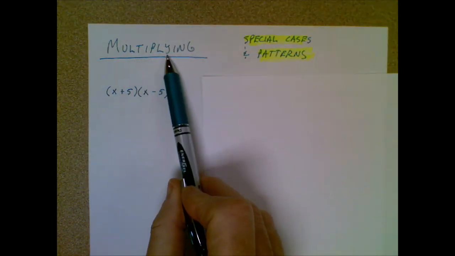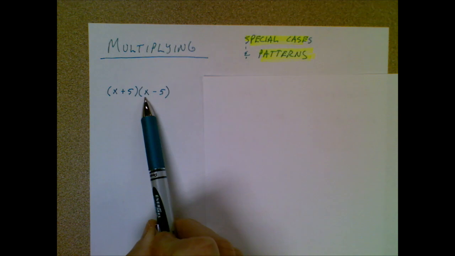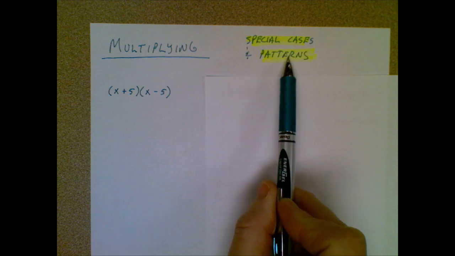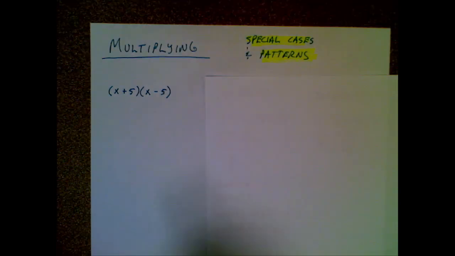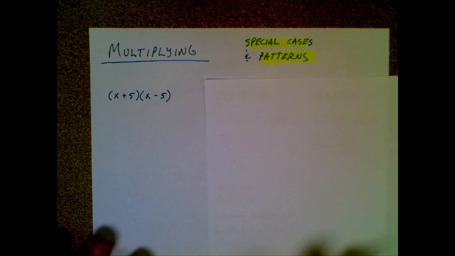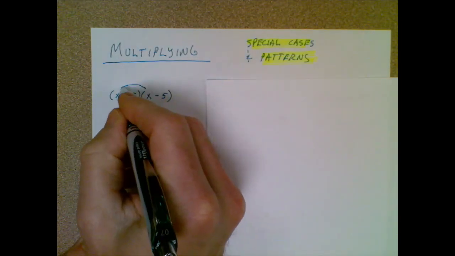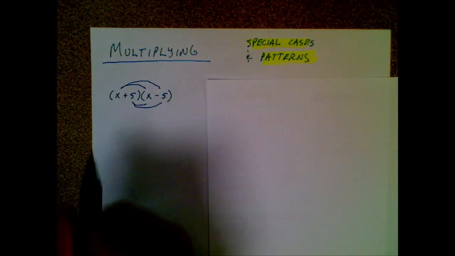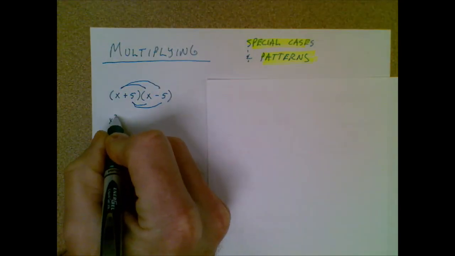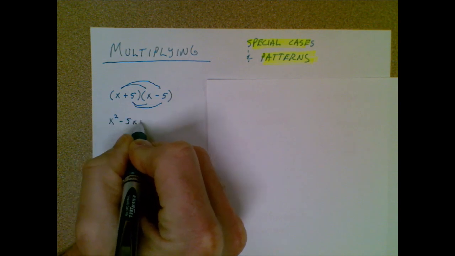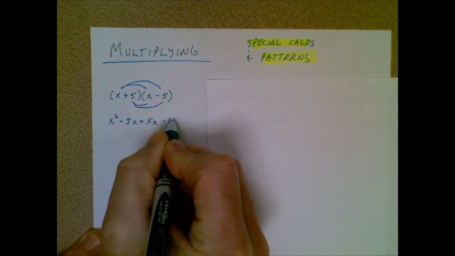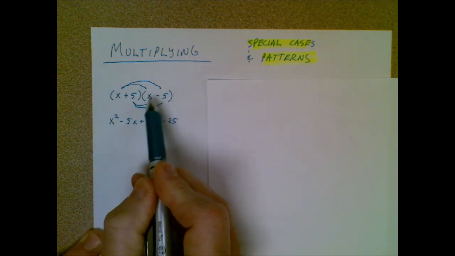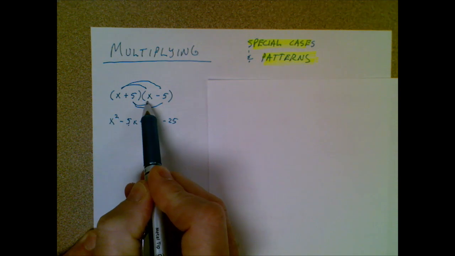You've already gained some experience multiplying binomials or polynomials, but today we're going to look at what happens when you're multiplying, and you might be able to spot some patterns or what we could call special cases. We'll start off with this first one down here, and you would know that if you do these swooshes, it would represent either what you could call FOIL or double distribution, and I would get x squared minus 5x plus 5x minus 25 by following x times x is x squared, x times negative 5 is minus 5x,